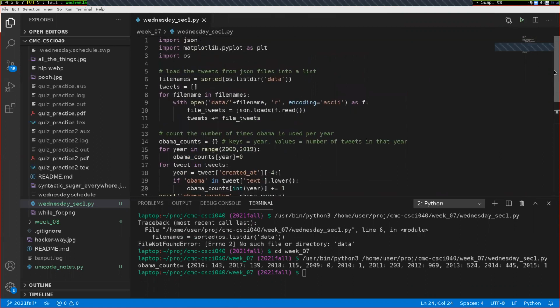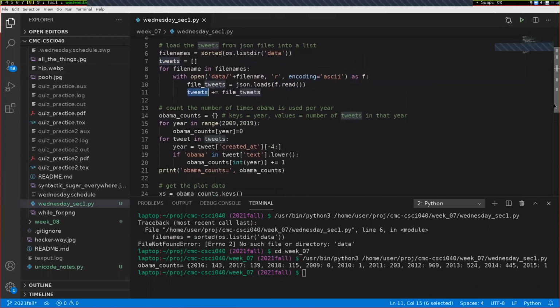And so here, just a quick overview of what this file is doing. First, this is loading all of the tweets from the JSON files, putting them into this tweets variable right here. Whenever I'm writing my own code, I tend to group my code into paragraphs with a comment that's like the topic sentence of that paragraph that tells me what this paragraph is doing. So I can just read this comment instead of trying to work through the details of this paragraph. And then this next thing down here actually counts the number of times that Obama is mentioned each year